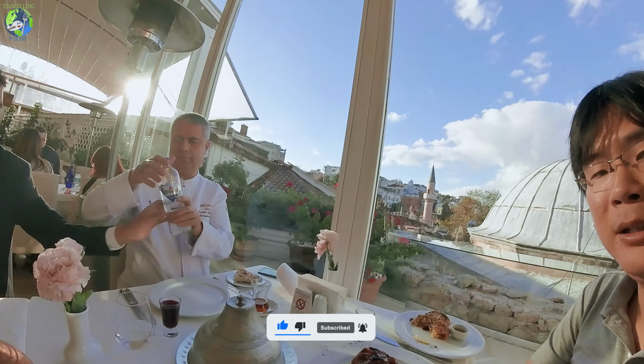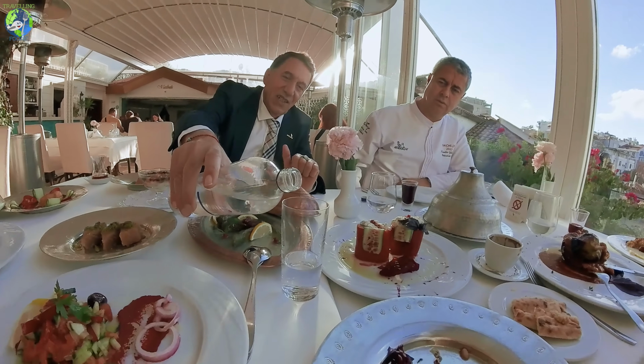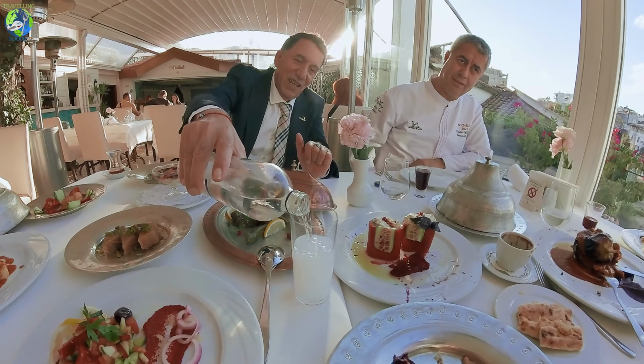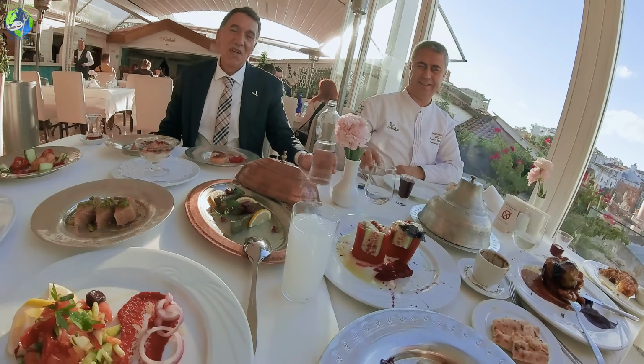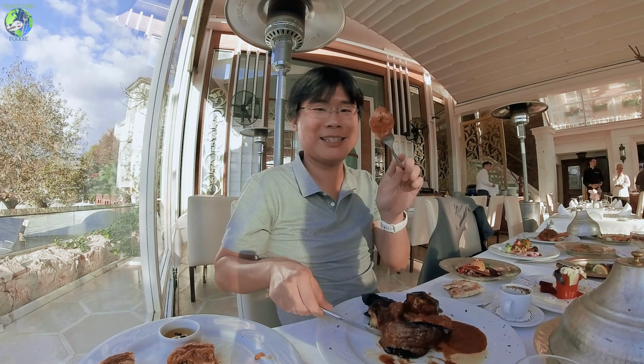Şefim suyu ver. First water, you see, it's going to change the color. Look at that. Oh wow! And some more and some ice. Trying Raki for the first time. Cheers. Guys, what an experience this is, having all these dishes and having the chef with me right on the table